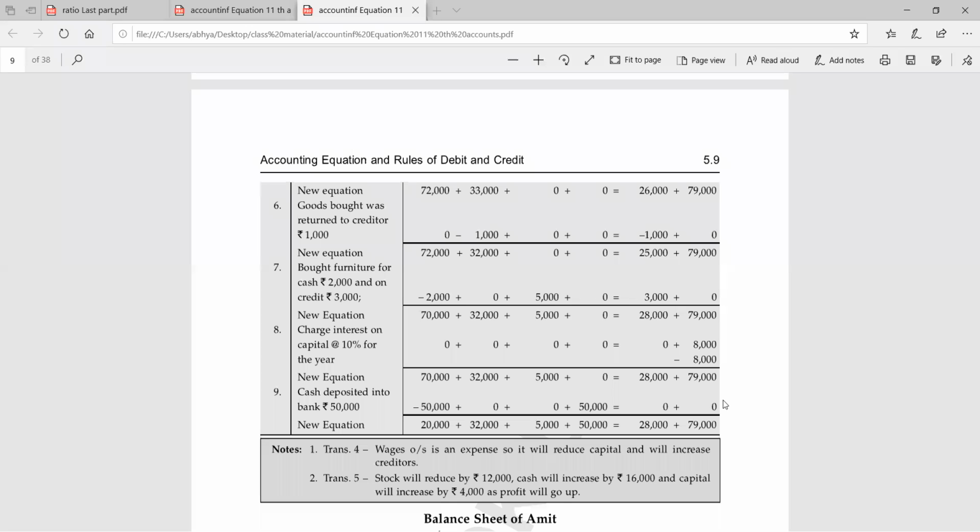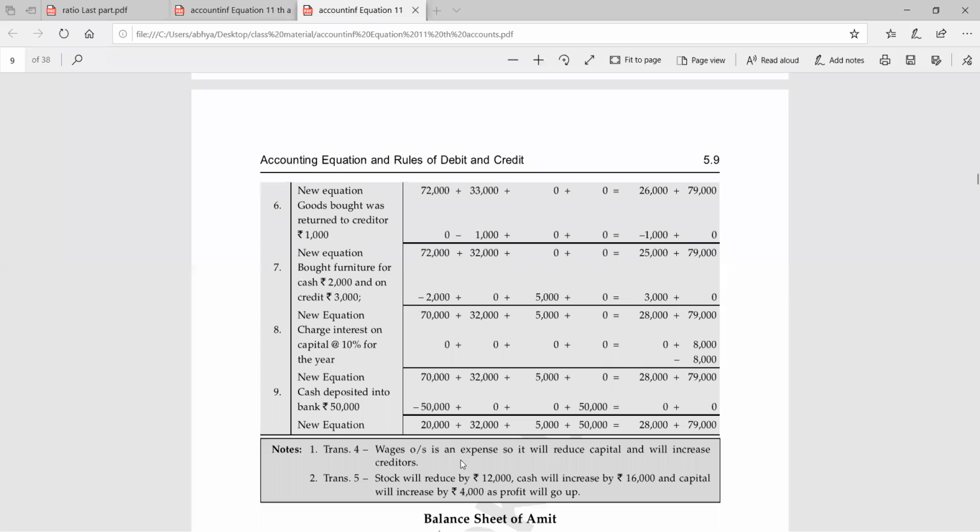Now, I have told you two new things today. First is the outstanding expense, and the other one is the interest on capital. Some concepts are left till now. As the concepts come up in questions, I will make them clear simultaneously. So now, the new concept for today, outstanding expense: what treatment I told you, that outstanding expenses will be written in the liability side.